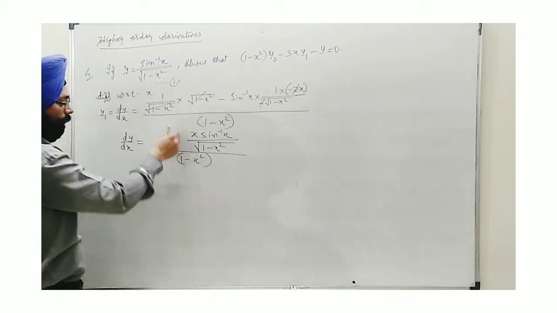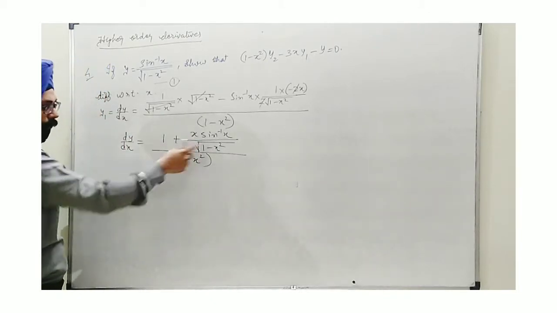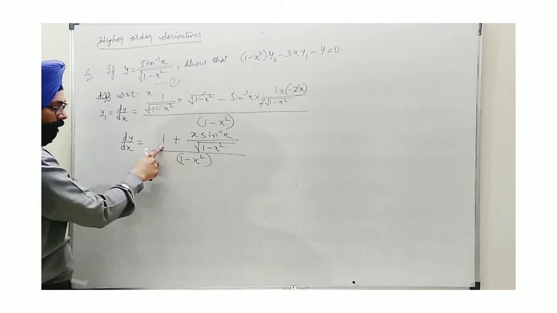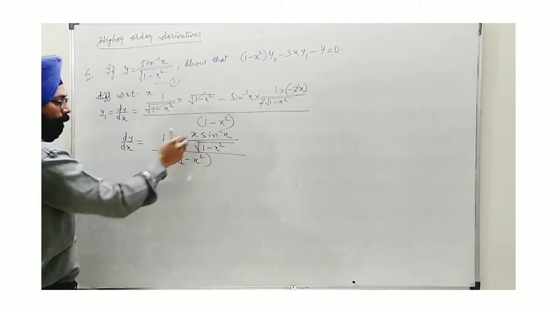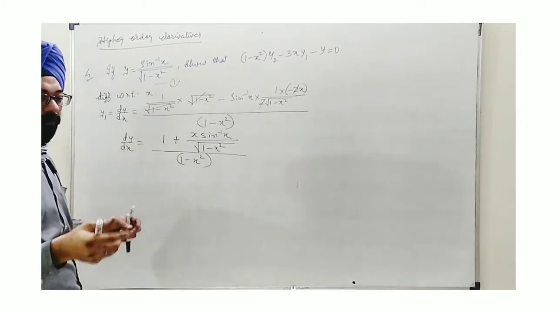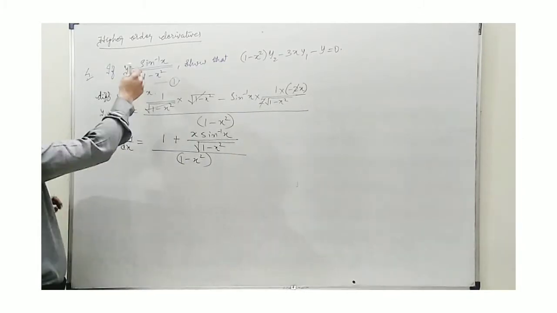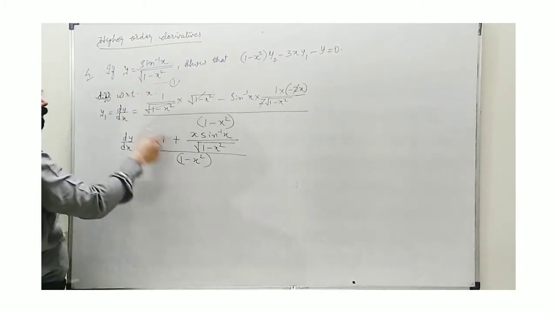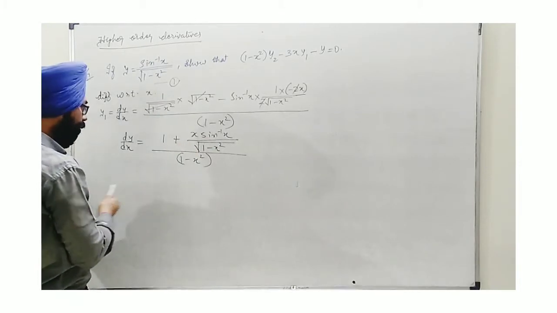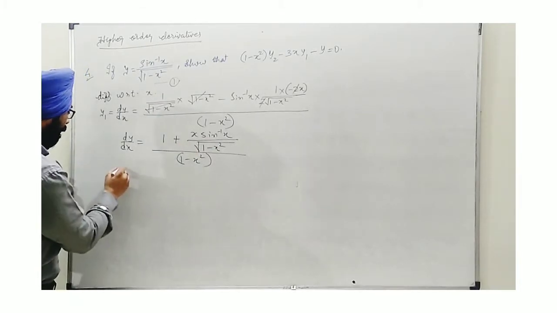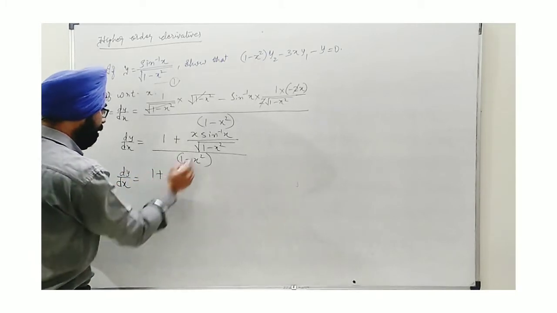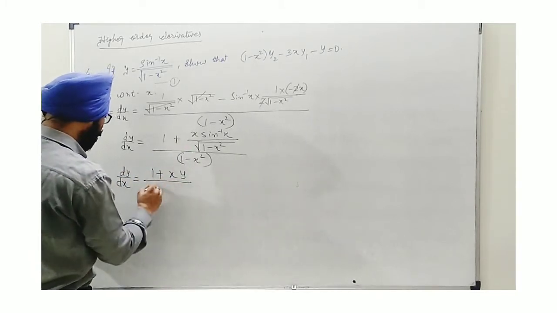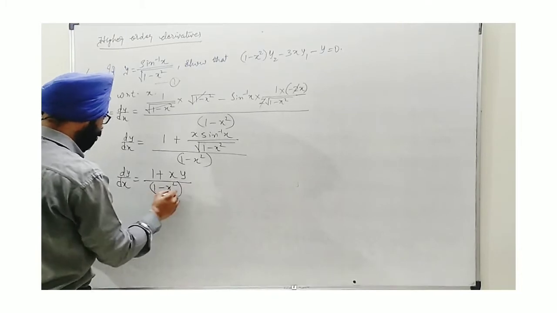Reason, because first of all, quotient rule we need to apply. In numerator, 2 terms are there. It's 1 here. Second term, 3 functions are involved. So that's why wherever possible we should utilize the given condition. Y is given the value of this whole. So here we will write dy by dx. It becomes 1 plus x y upon 1 minus x square. Okay.